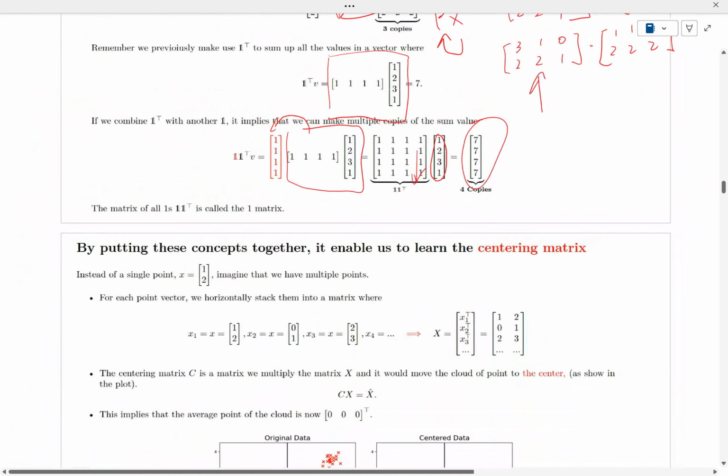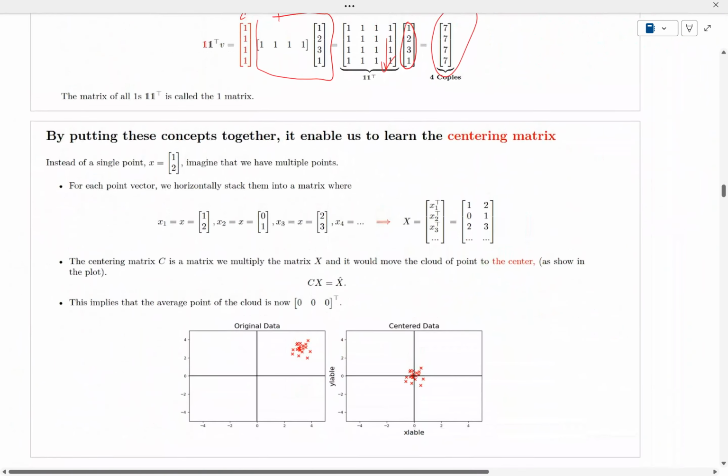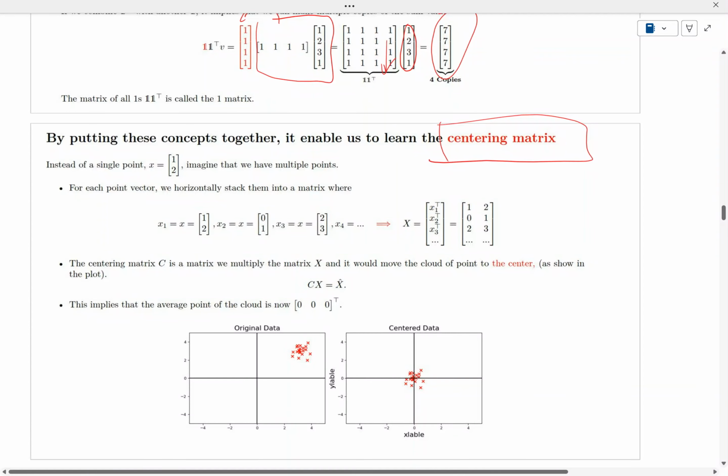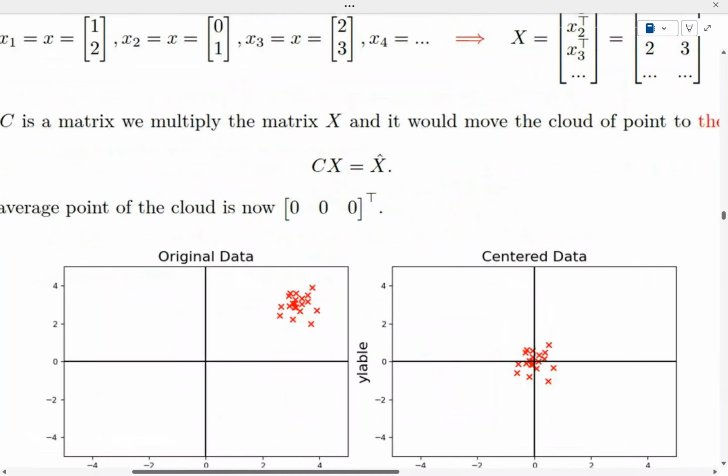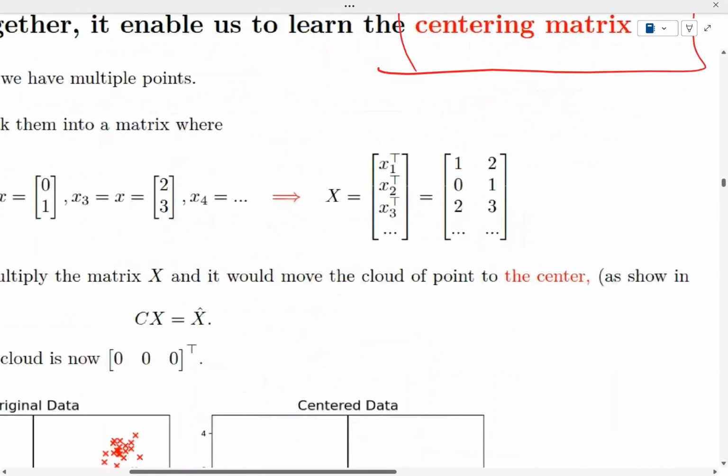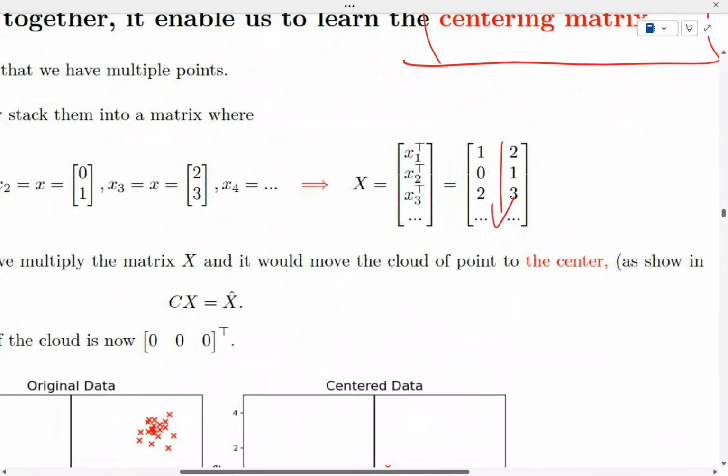All right, let's put these ideas together. This enables us to understand this concept called the centering matrix. So the centering matrix, let's say we have a bunch of data, right? Like right here. We have a bunch of data. They're all stacked